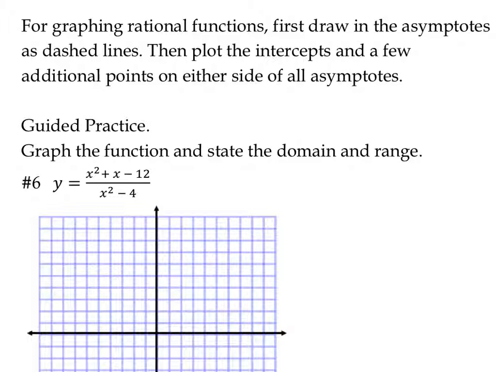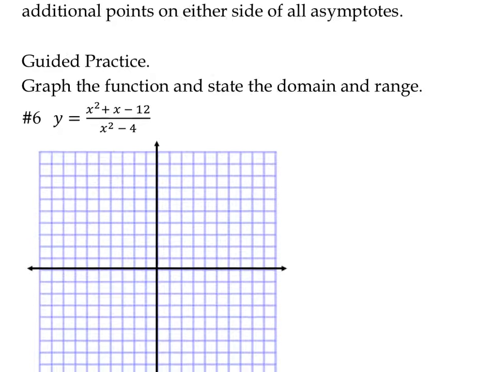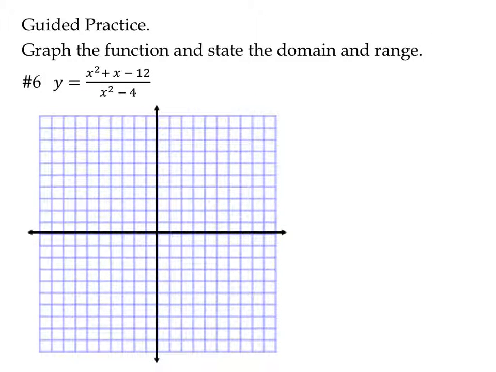All right, so for graphing these rational functions, we will first want to draw in asymptotes, and then we want to plot some points around the asymptotes, including intercepts and other key points. So we're going to look at this graph here. It's going to have a lot going on to it, so make sure you're paying attention to how we're getting all these different parts, the vertical asymptotes, the horizontal asymptotes, and then how we can draw in some points. Okay, and it might take a little while, but as you get used to it, it'll come a little more quickly. The first thing we're going to have to do is factor this,